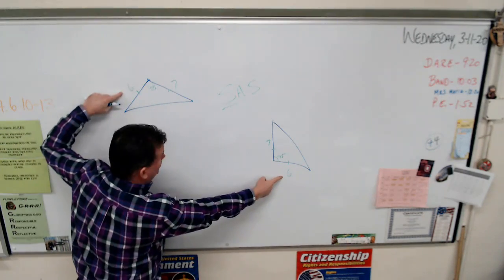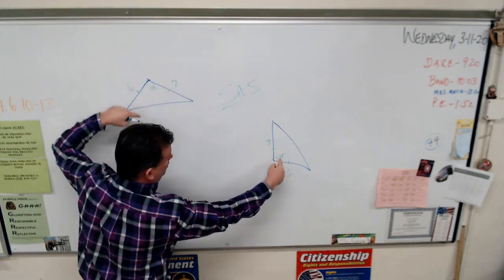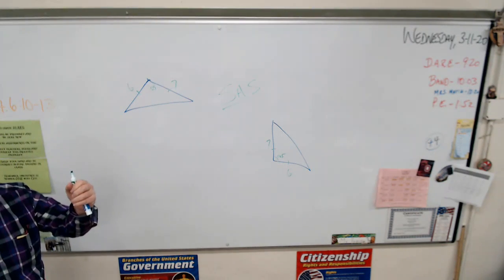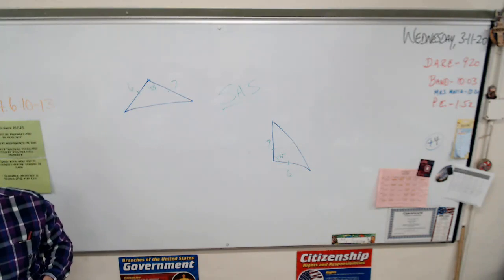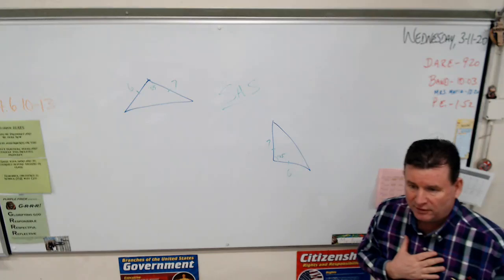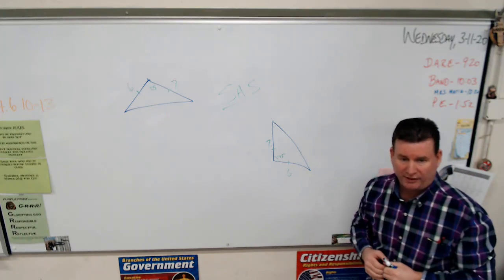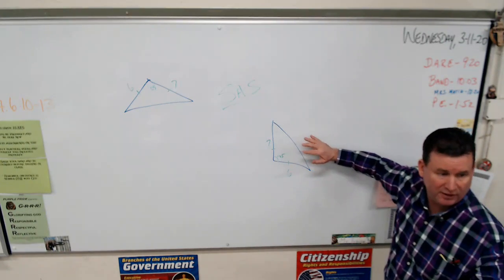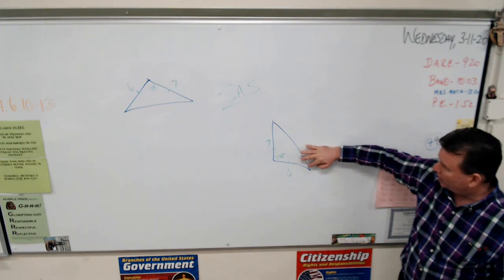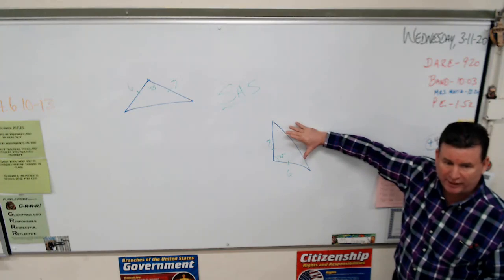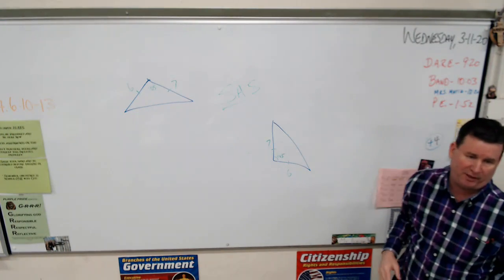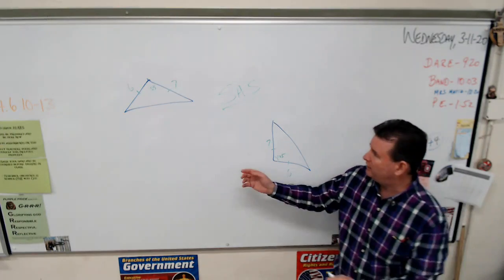This side being congruent, this side being congruent, and the angle in between them. Get it? Side, the angle in between, and the other side. So we would say these two triangles are congruent, and I've proven it because of side, angle, side. So I don't have to measure these angles. Listen, the beauty of this, if you're wondering, Dominic would not have to measure these two angles in both triangles, nor would he have to measure this side. He already knows they have to be the same. Side,